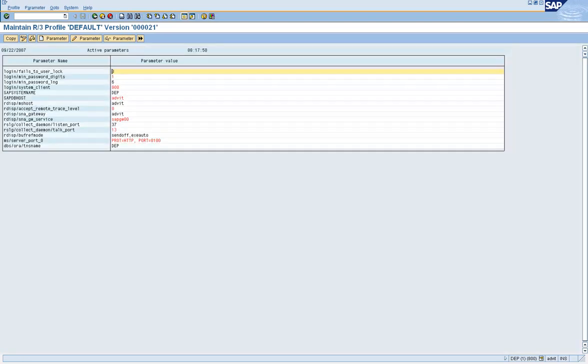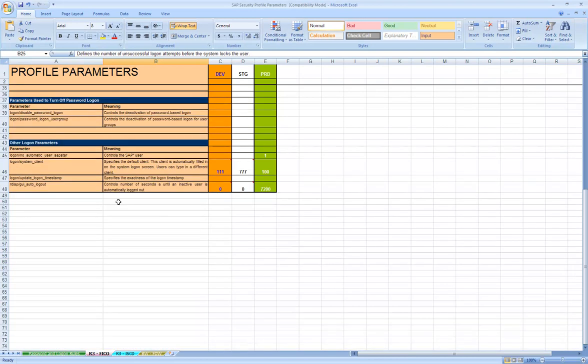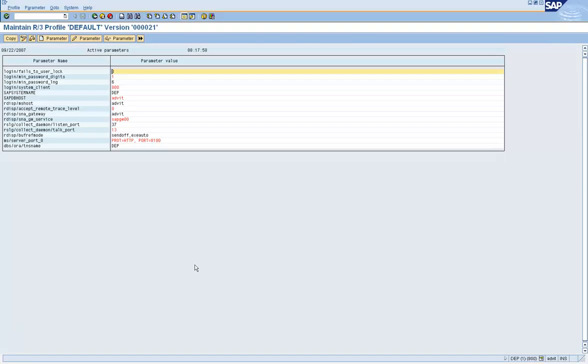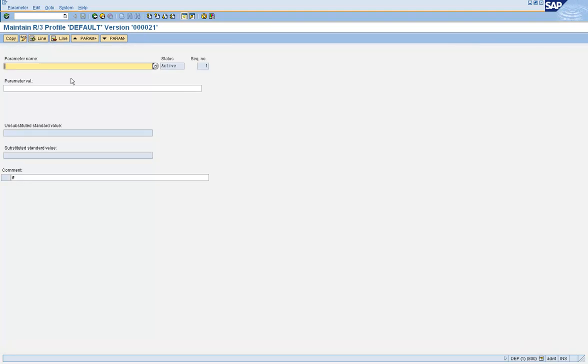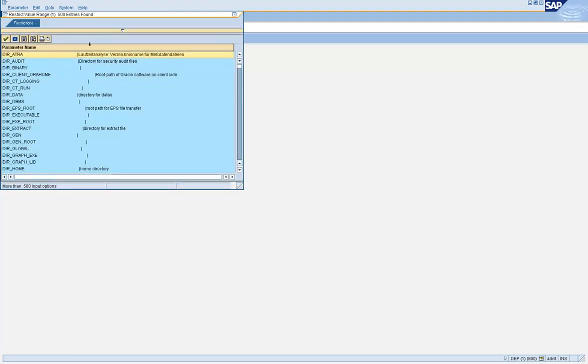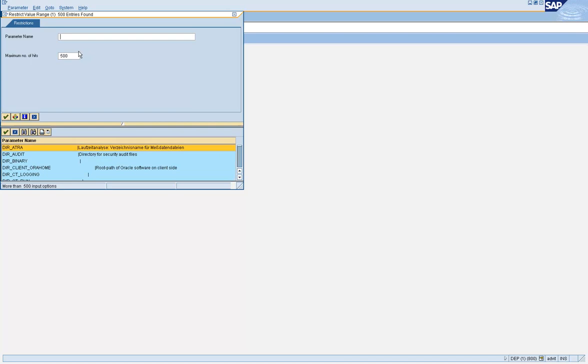Let's set one last parameter to see how that affects things: rdisp/gui_auto_logout. What this parameter does is, if there is no activity for the specified number of seconds, the system will automatically terminate the session.